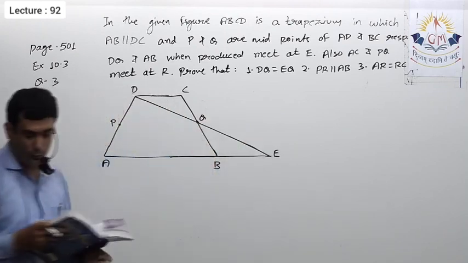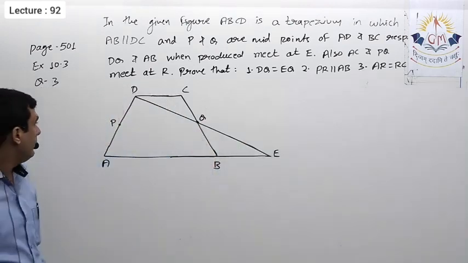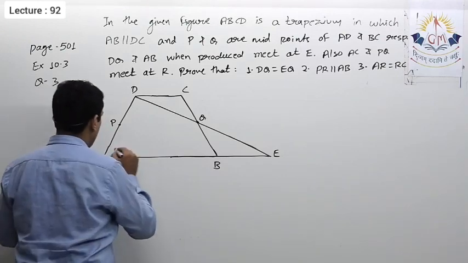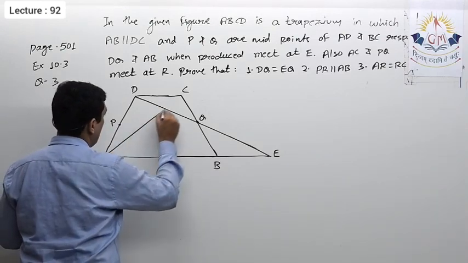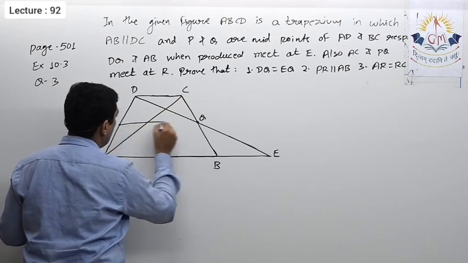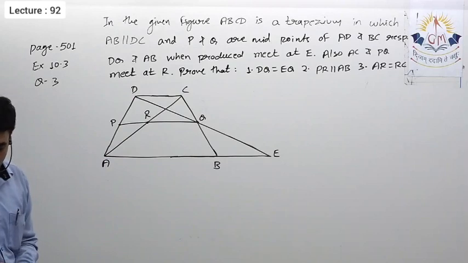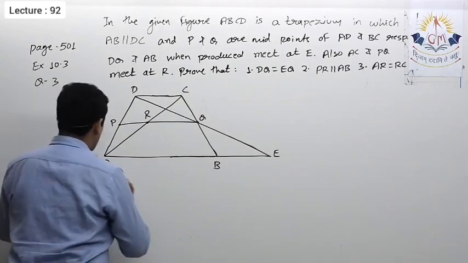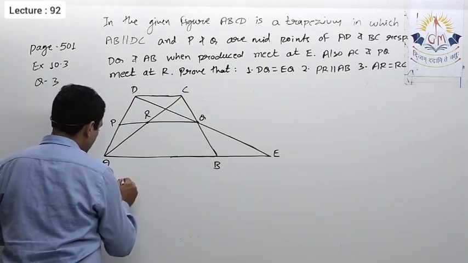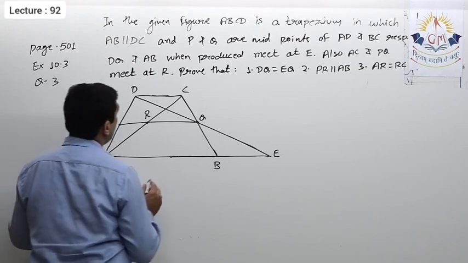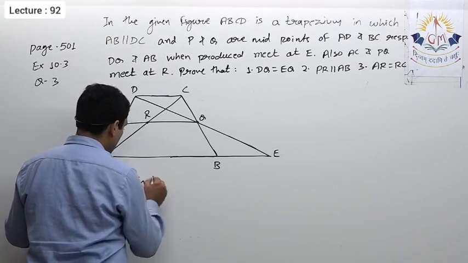Okay. Now you have to prove also AC and PQ meet at R. This AC and this PQ meet at R. Okay, AC and PQ meet at R. So what we have given in the figure